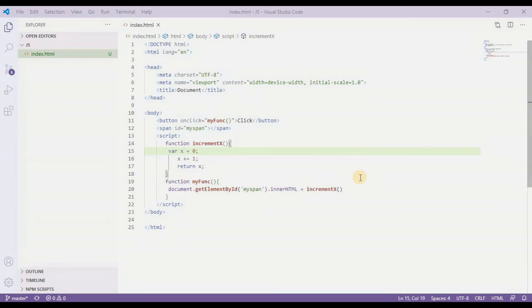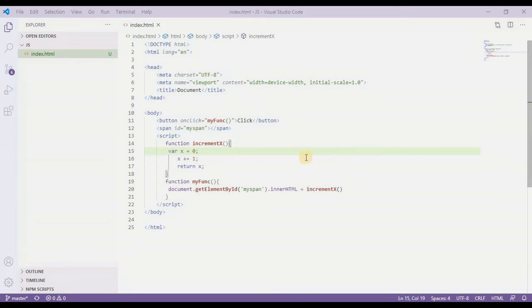Now to solve this kind of scenario we need to have some JavaScript inner functions which can solve this, and as you know all functions have access to the global scope. In fact in JavaScript all functions have access to the scope above them. So JavaScript supports nested functions. Nested functions have access to the scope above them.